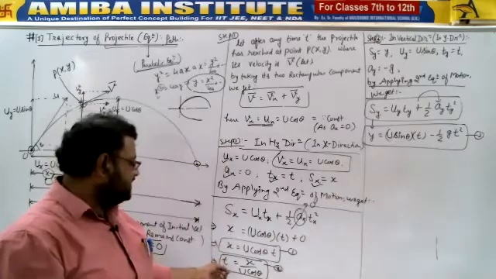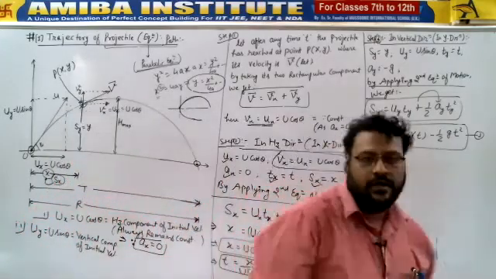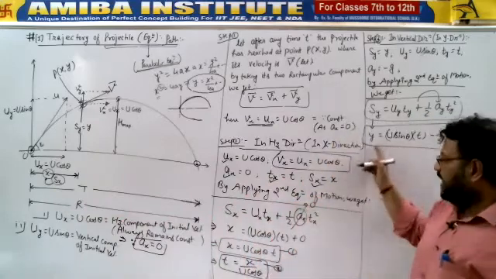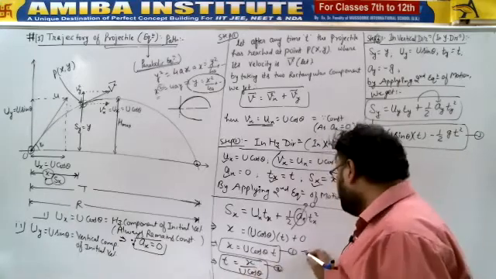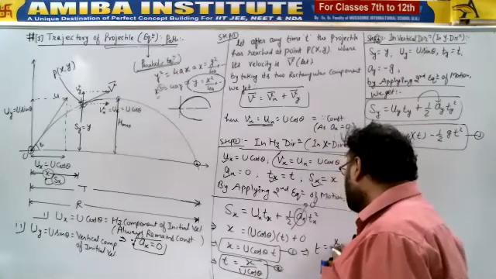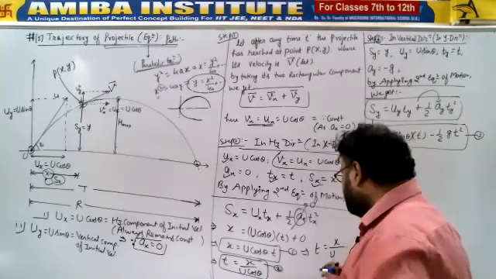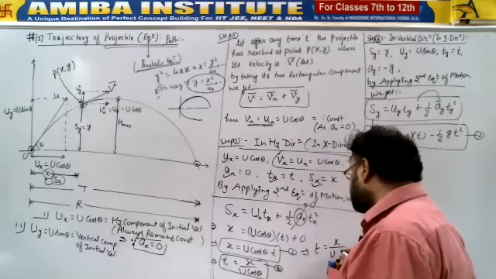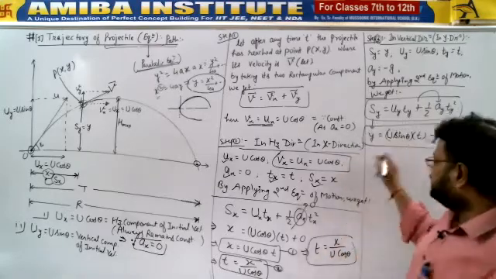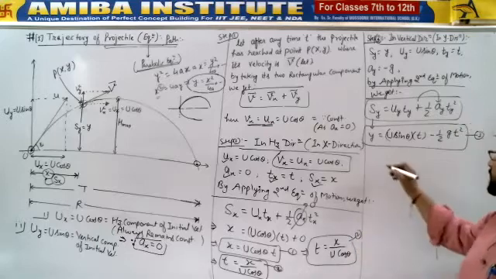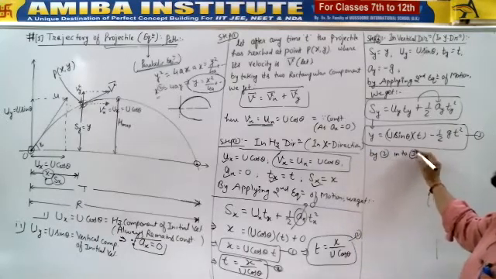Yes, clearly see the value of t. t is making that chain in between through which we can relate y with x. So substitute the value of t. t is equals to what? If you are not able to see what is written below, x is equals, t is equals to x upon u cos theta. So substitute this equation 2 value into 3. So by putting 2 into 3 we get